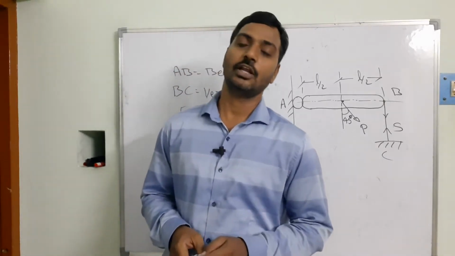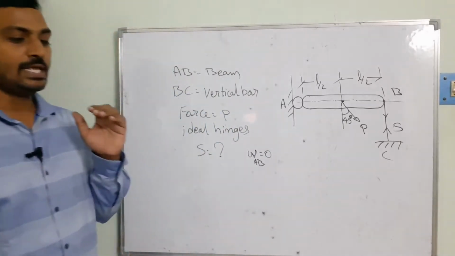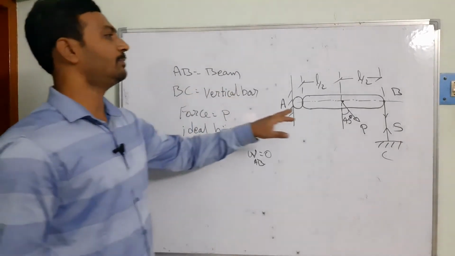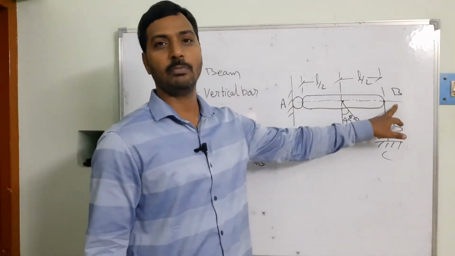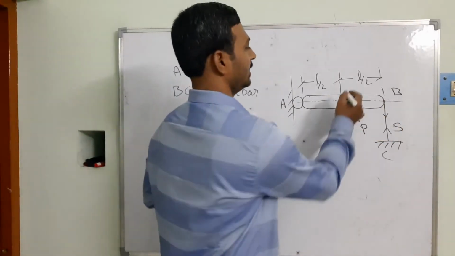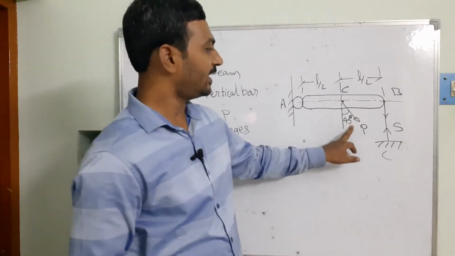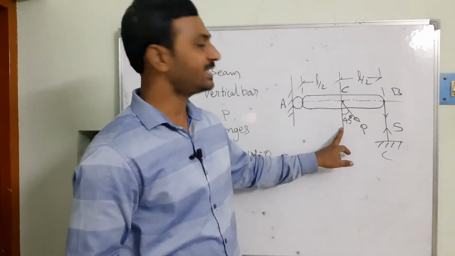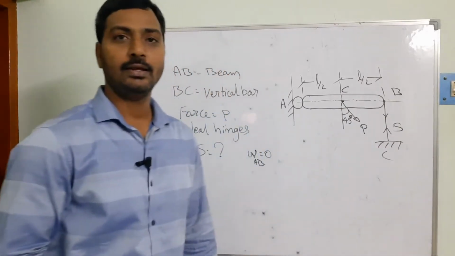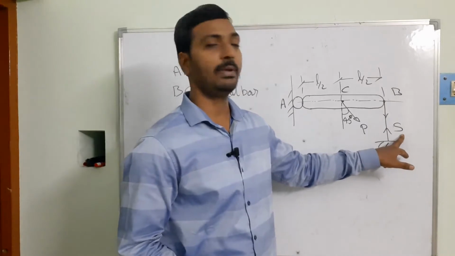So in this connection here I am going to be taking one problem. There we can see there is going to be a beam problem I have taken. So then you see AB is going to be your beam. So directly I am going to be taking the problem here. AB is the beam. At the point C there is an applied force P acting at an angle 45 degrees to the vertical. At the same time at B there is a vertical bar supported and the tension in the vertical bar is going to be S.